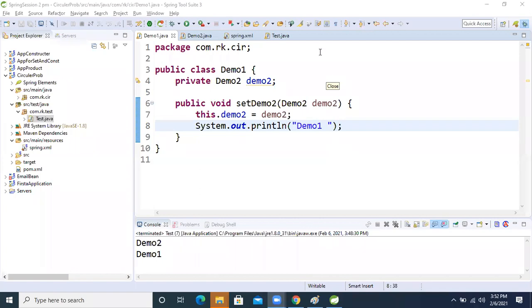Ravi, is setter injection good or constructor injection? Based on the requirement, Padma, we use setter injection also. We cannot say setter injection is good or constructor injection is good. I will tell in the next level discussion, because some discussion is still pending. Based on those discussions I will explain it. Don't worry about that, I will touch each and everything.